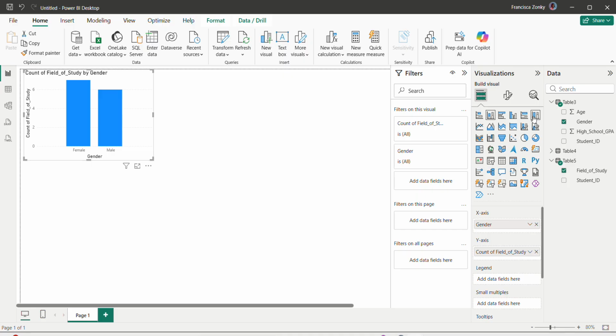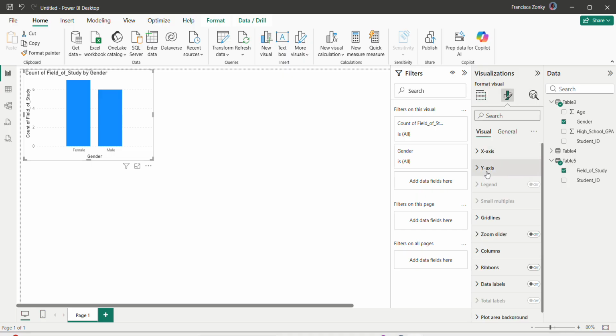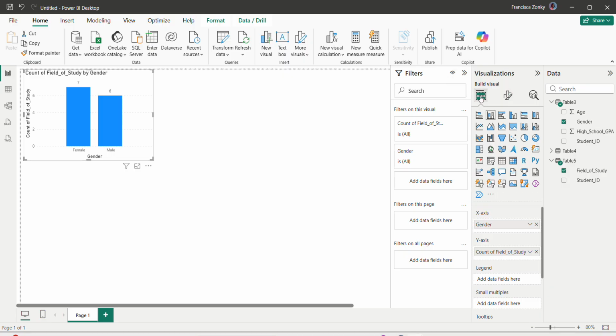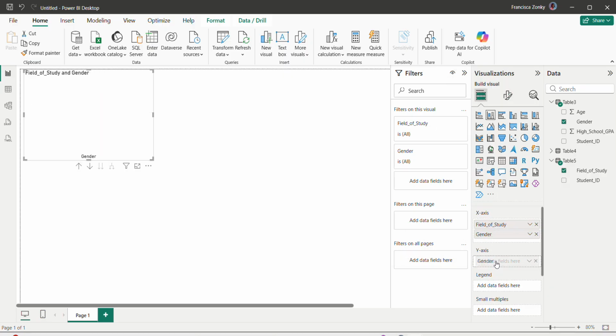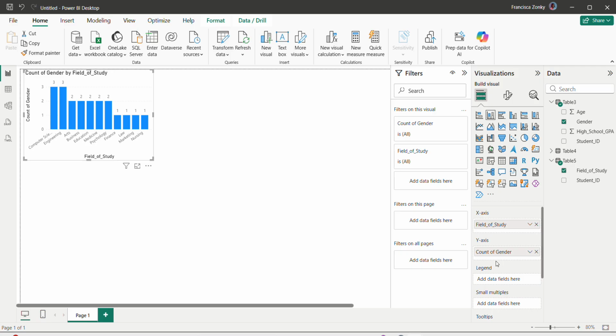Because let's get the values so that I can see them well. Data label. No, let's go back. Gender should be right. This is how I want it. All right, so we can see the number of